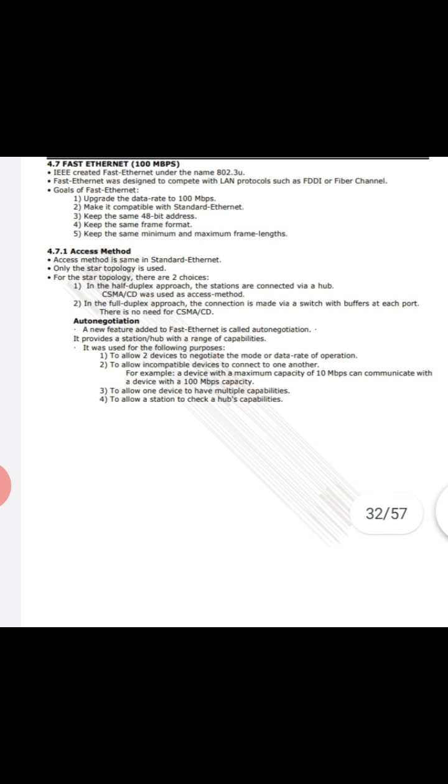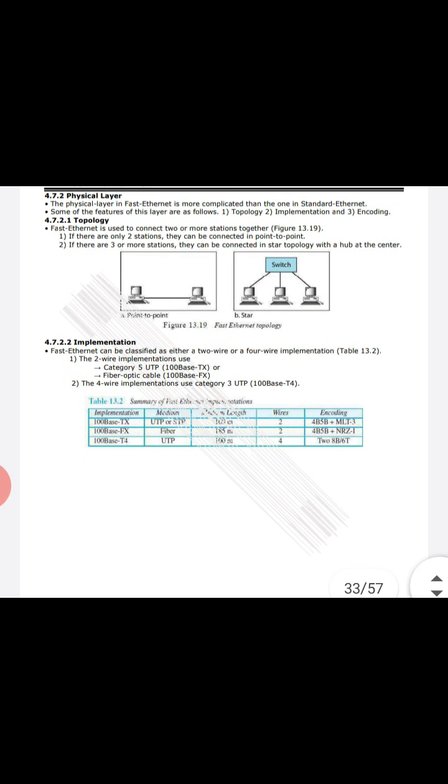The next one is the physical layer. The physical layer of Fast Ethernet is more complicated than the one in standard Ethernet. Some of the features of this layer are as follows: the topology, the implementation, and the encoding.